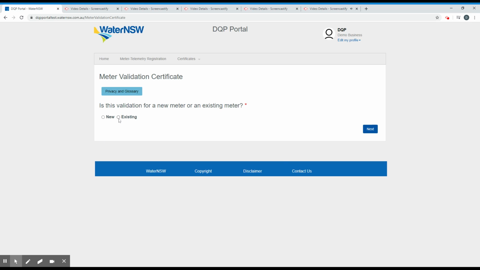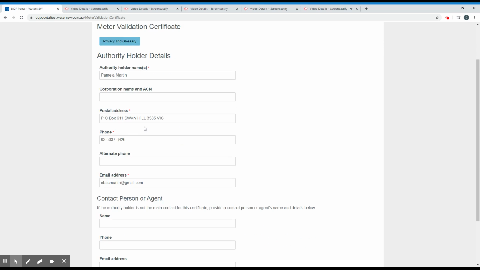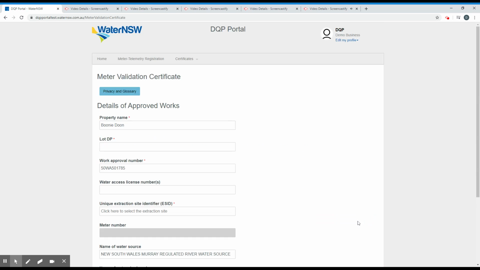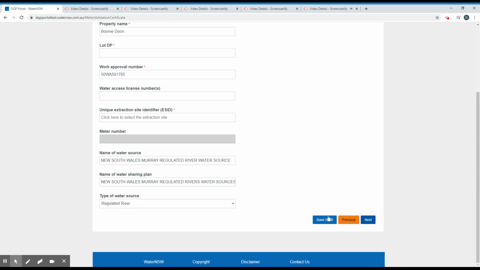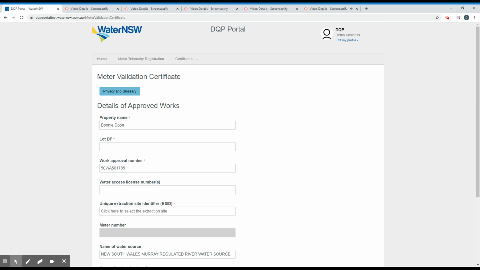And we'll go with an existing meter in this case. Pamela's details are available again, or pre-populated, sorry. Just provide a mobile number here and change the email address. Click next. If you noticed, I can save the form as draft. Yep, details are